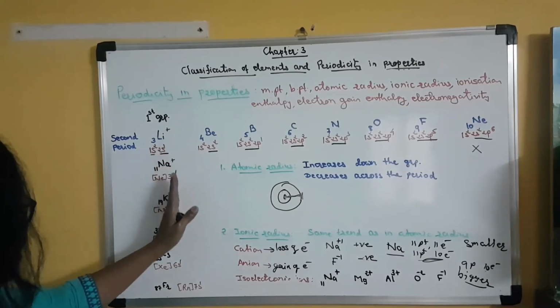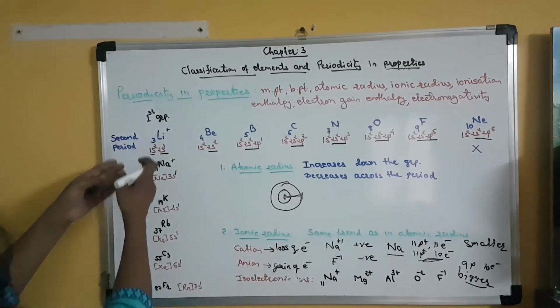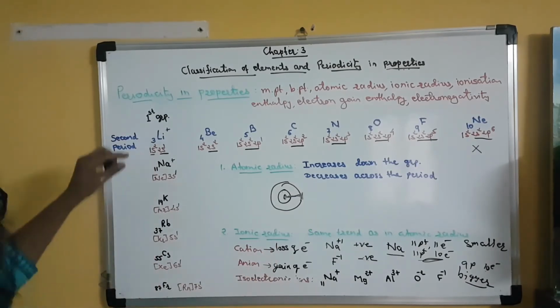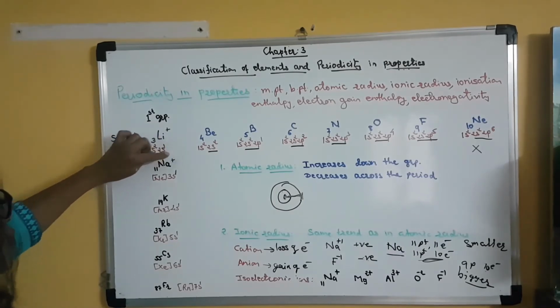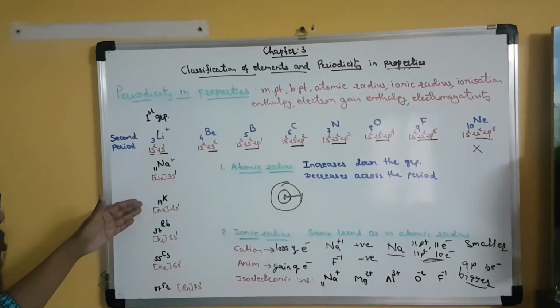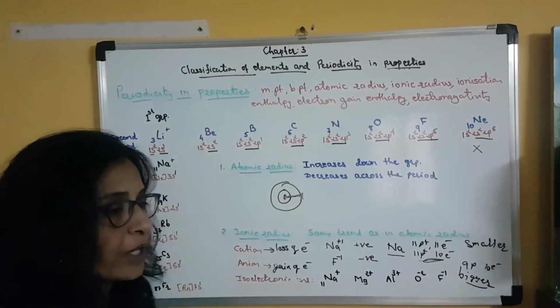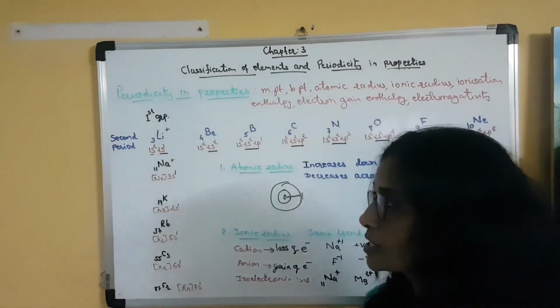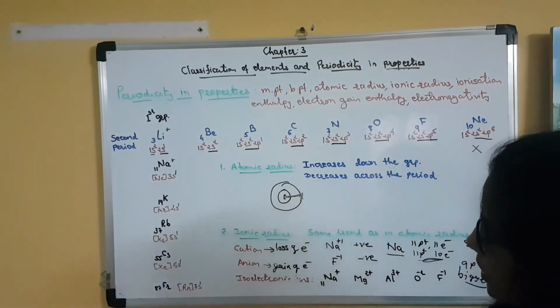Clear? Only the last orbital which I have mentioned here will be removed. Otherwise the remaining orbitals are there. So in case of lithium ion, now the last orbit is 1s. In case of sodium ion, now the last orbit is 2s2p. In case of potassium, the last orbit is 3s3p. So the number of outermost orbits increases in case of ions also, whether it is a positive or negative ion.